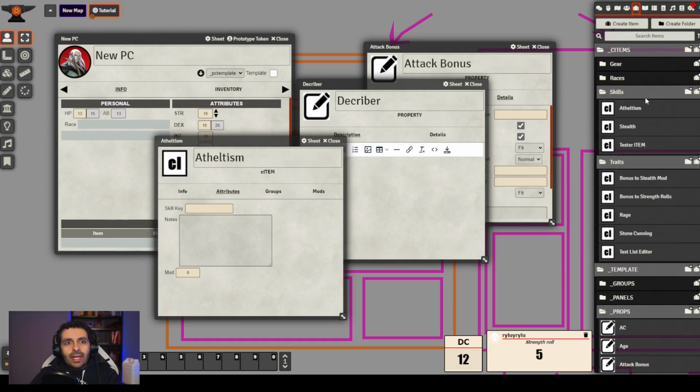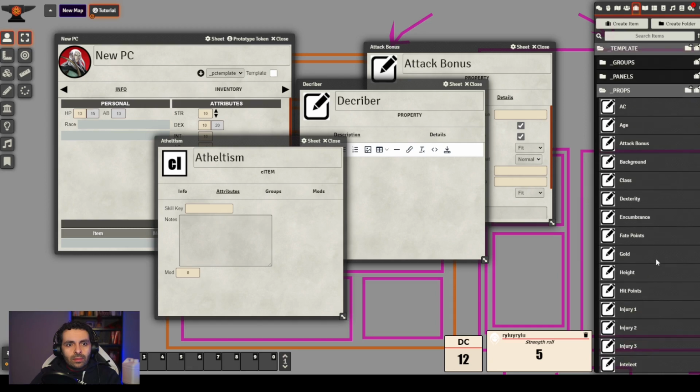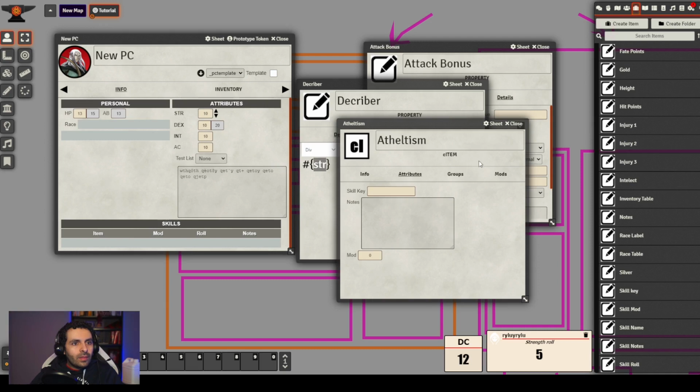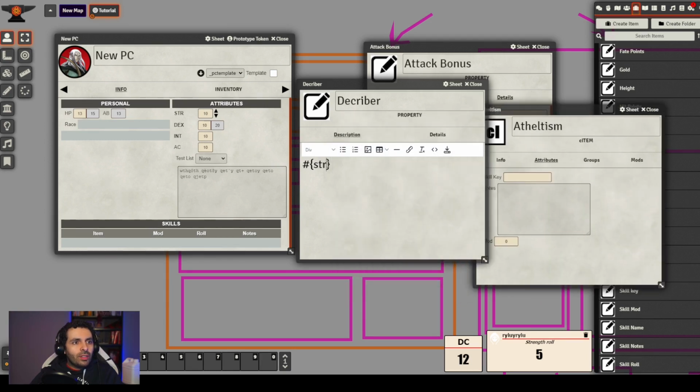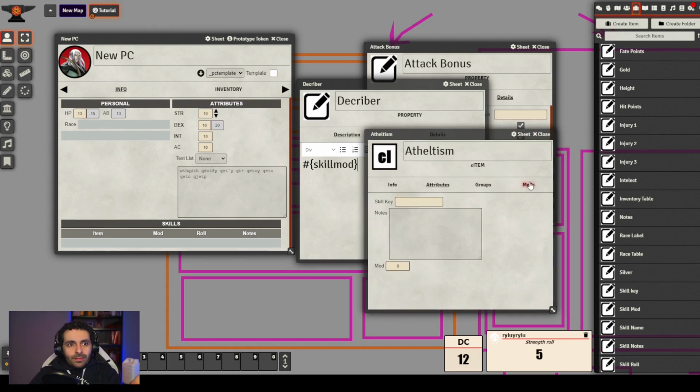So where did I have mod? Somewhere, I think. Skill mod, yes, there it is. So skill mod. We're going to use this, and where are we going to use it? There's a role property here, I think.